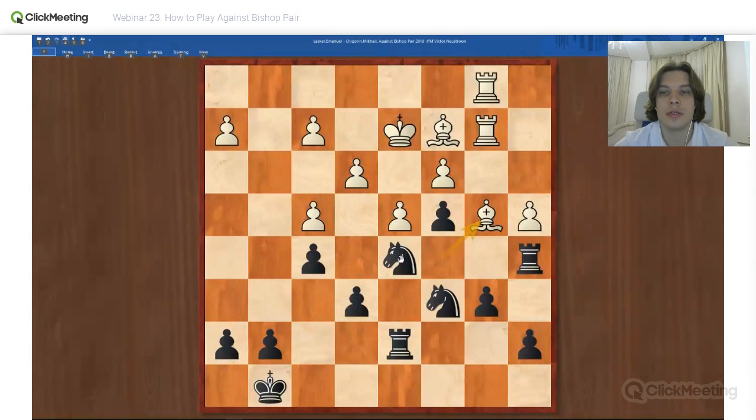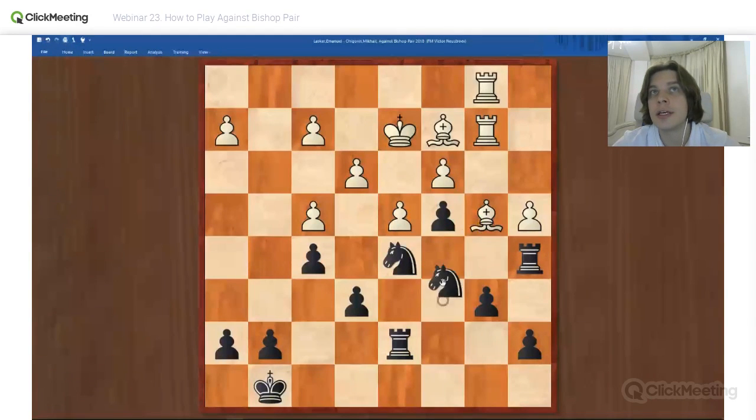So, okay, knight d4 with the idea to get some room for our rook. Makes sense, but I see that Theodore suggested knight c before, and this I think is much better.